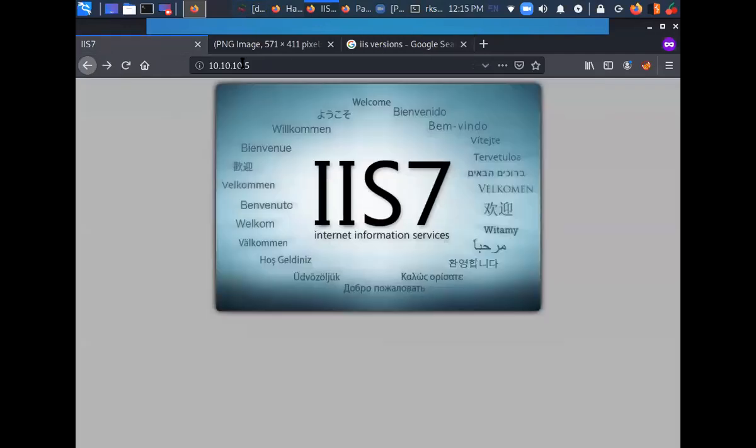Okay, great. So now what I can do is, one thing is I can try to do directory brute forcing. That's one thing, right? Okay. So we'll start with directory brute forcing as well.